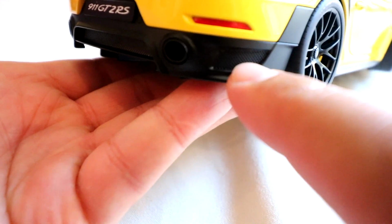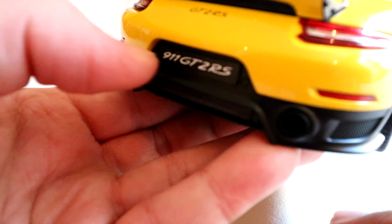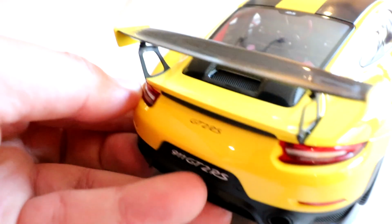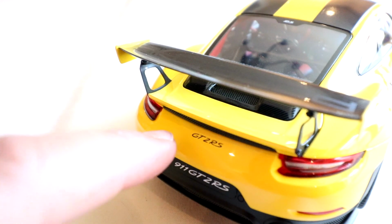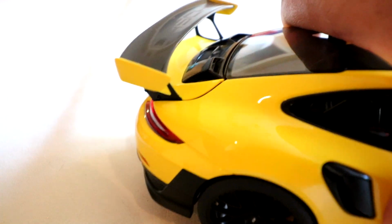Again, not super prominent on the model, but we can see how the aero works around the back of the car. Again, the little mesh detail, the cutouts for the exhaust. Again, as I mentioned, the license plate, which gives you the model of the car. Again, on the back, we have the GT2RS logo, and we now come to the big wing on the car,